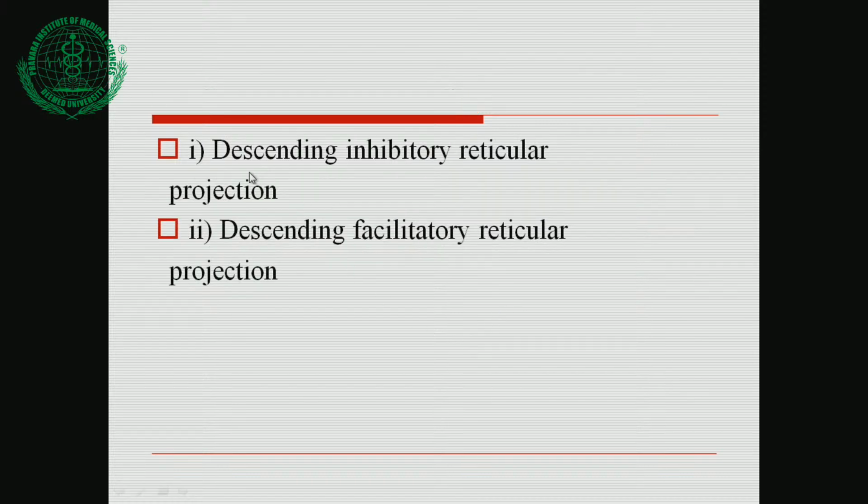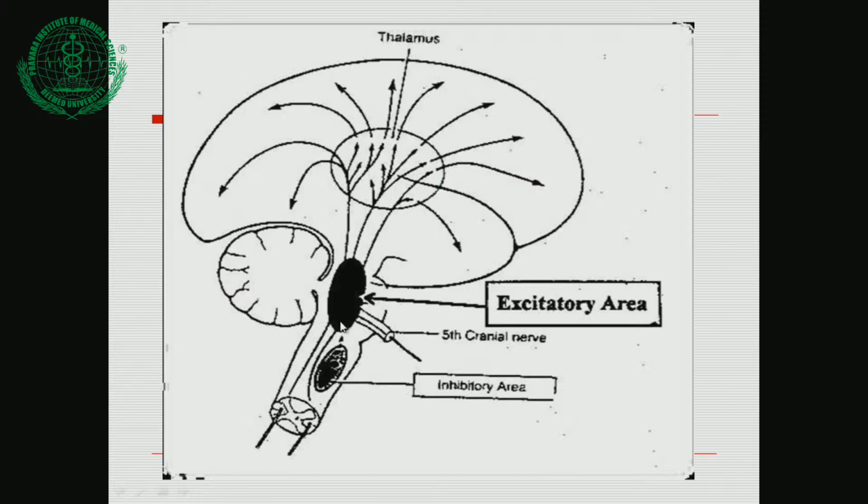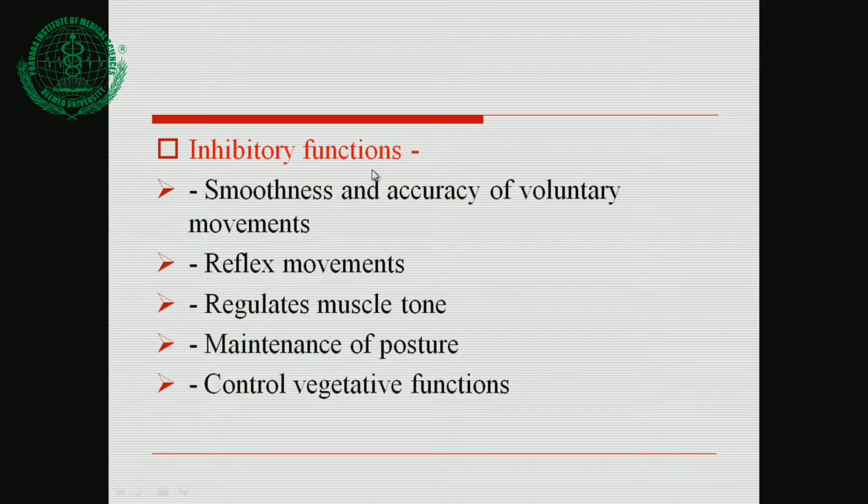It consists of two parts: the descending inhibitory reticular projection and the descending facilitatory reticular projection, or the descending inhibitory reticular system or descending facilitatory reticular system. So these are the excitatory areas and these are the inhibitory areas, or the descending reticular activating system. Functions of the inhibitory system